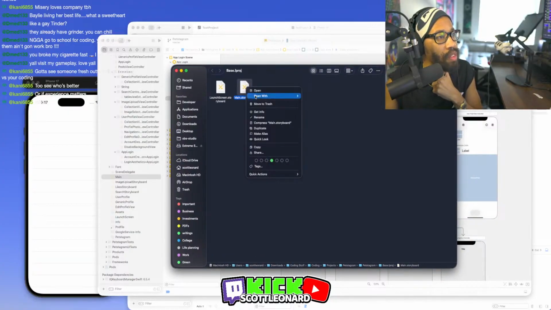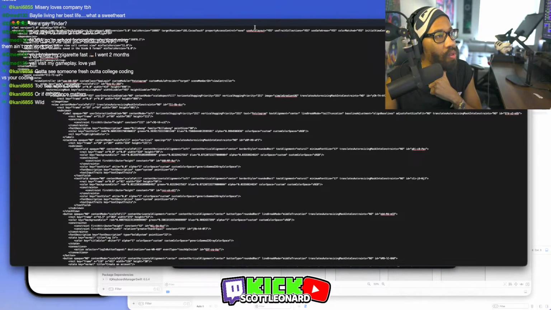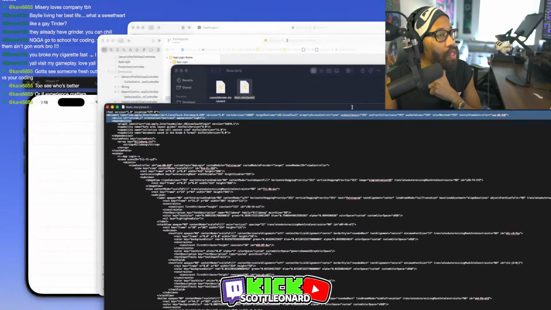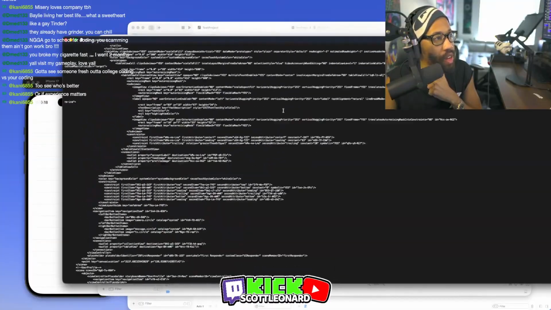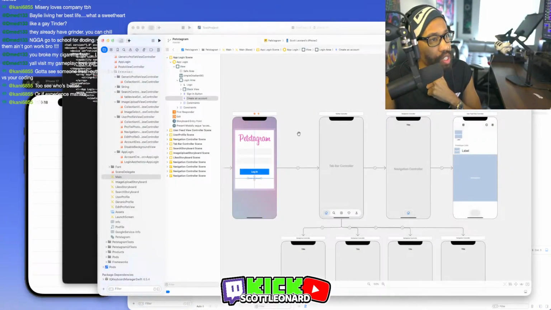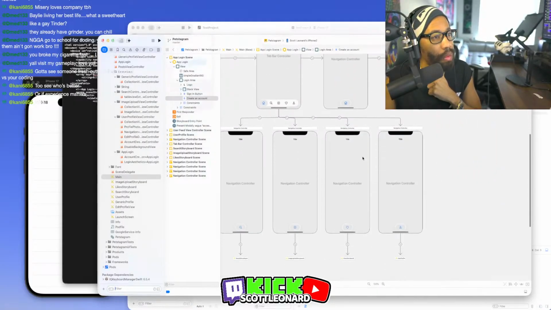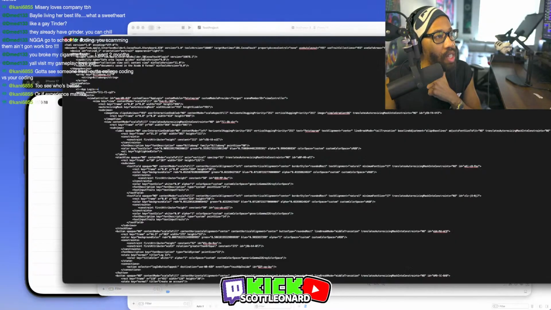Okay, so in here, if we open this in like a notepad, right? Text editor, you'll see how it's saved. This is how this is saved. So what we're seeing on screen right now, all of this gibberish text, all of this is generated whenever you make a change to this design file, right? And the problem is that every single time you open this file in Xcode, even if you don't make any changes, it changes this code here,